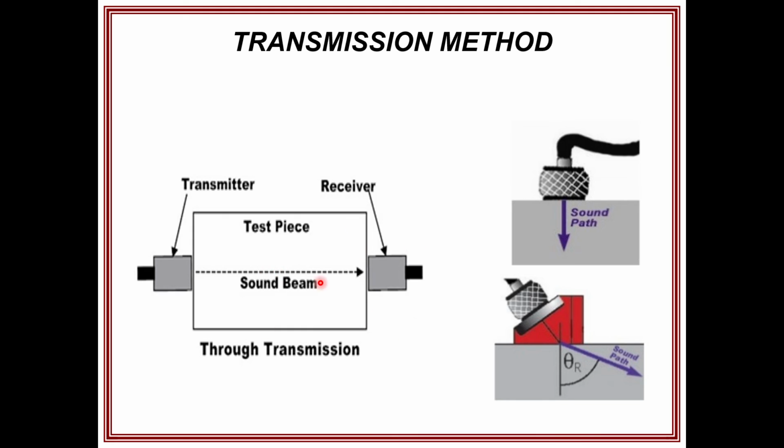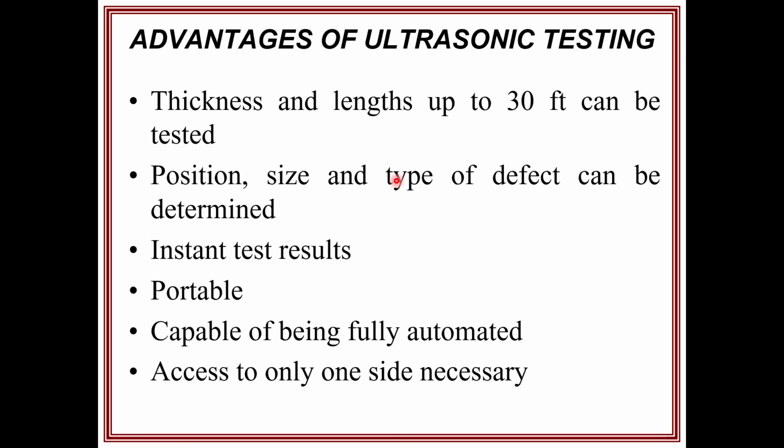So this is also the same thing, same diagram. Here what will happen, the transmitter transmits the sound beam, that is the ultrasonic waves, and the receiver receives this. This is the setup for the ultrasonic waves testing, the UT method, ultrasonic wave testing method. The sound path can be understood using this setup. By understanding these signals coming from that receiver, by displaying the signals on the screen, by studying the echoes, we can identify the crack or hole present in that.